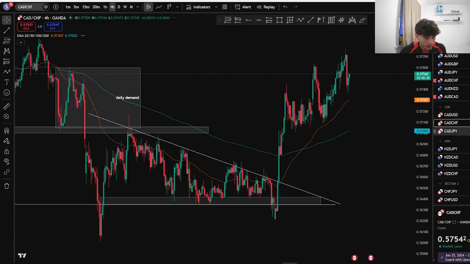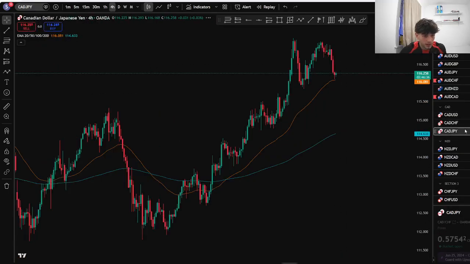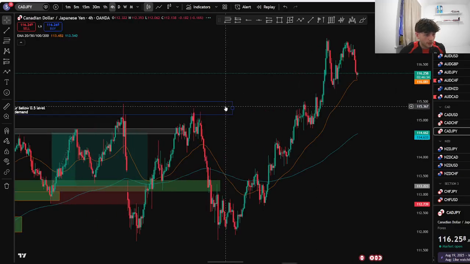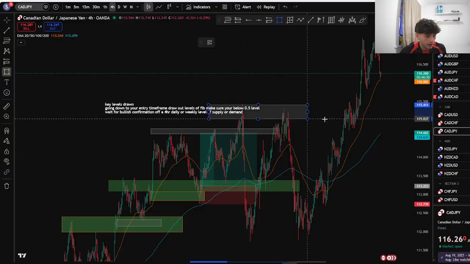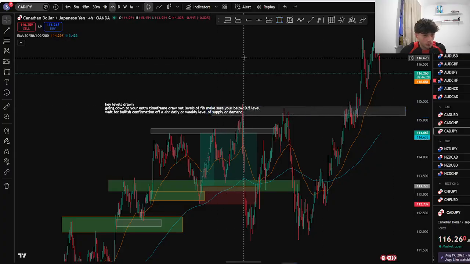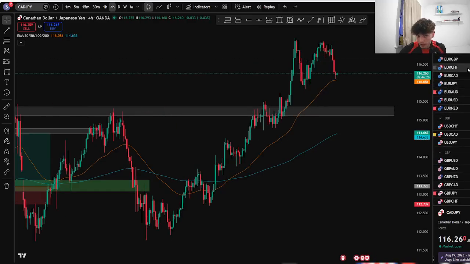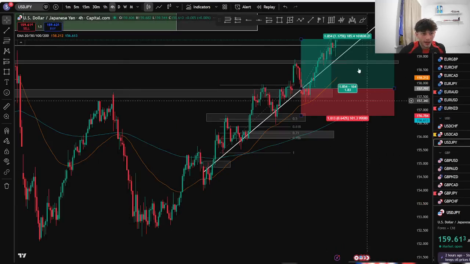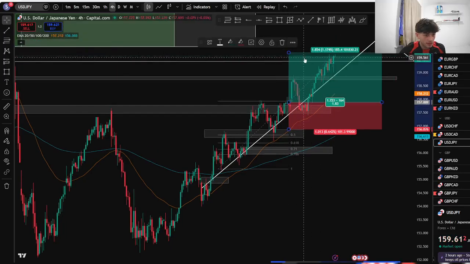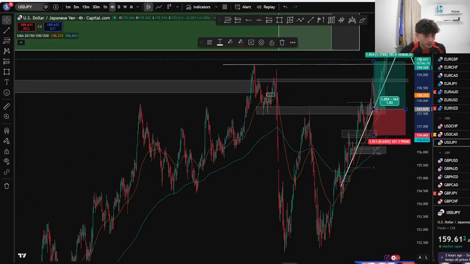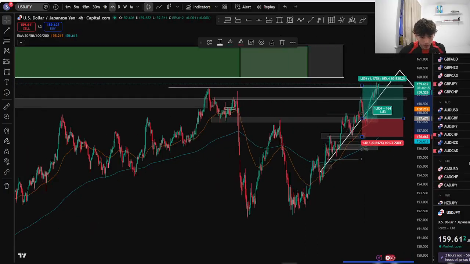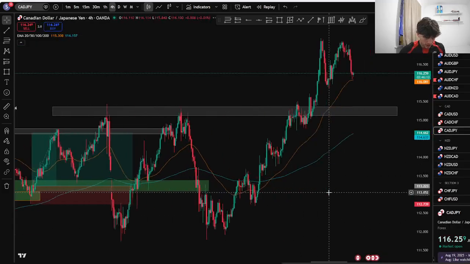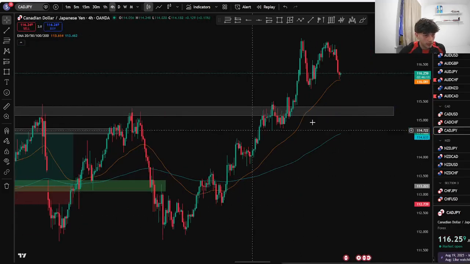Then I'll be looking at the CAD pairs. CAD isn't really doing too much for me. I don't see much stuff that I'm interested in. The only thing I'll be really looking forward to is for CAD to really come down to this level, maybe here on JPY. But the thing with JPY is this is why everything's going in my head. I know 160 is the area of intervention. This is what I've been planning out for months. I've been planning this since January for 160. So I know this is just a trade which won't happen, and I'm sure it will reach this